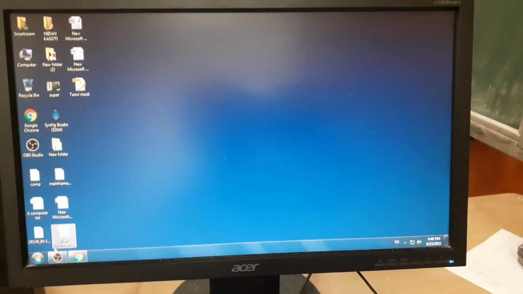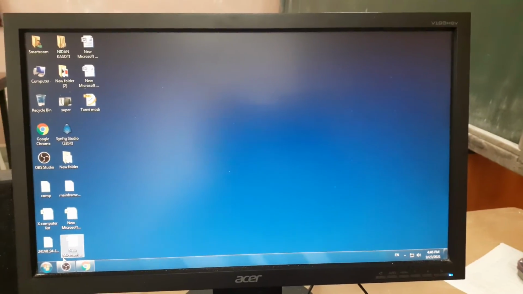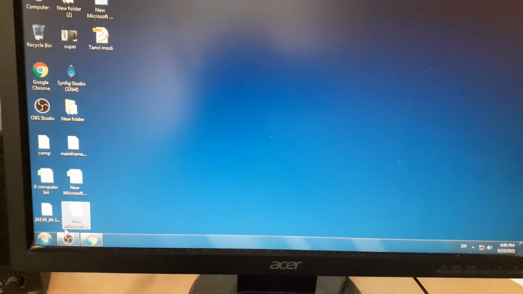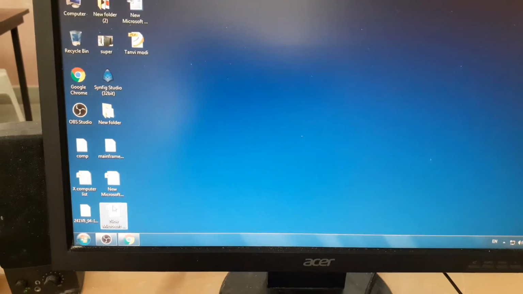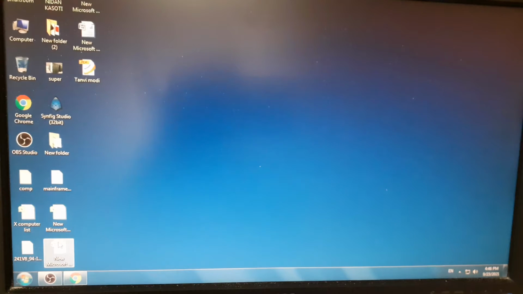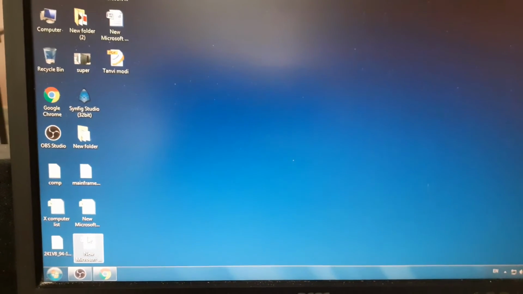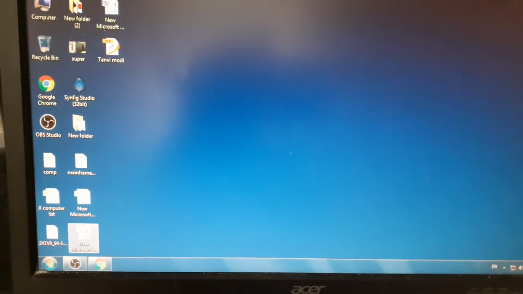Okay children, now here you can see that the mouse has a right button, a left button and one cable, right? The cable is attached to the CPU, right? And here the right button is there and the left button is there.